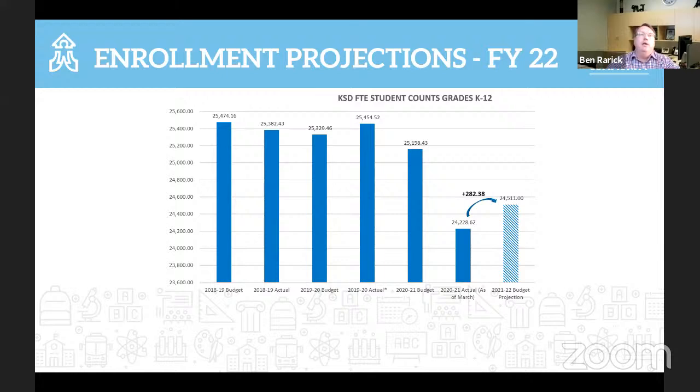So you can see, a colloquial way to say it is we're projecting that some of the kids will come back, but not all of them. So that's a conservative assumption. And my guess is that there's more upside than downside to that projection. My hope is that more kids would return. But we won't know until we know, of course.